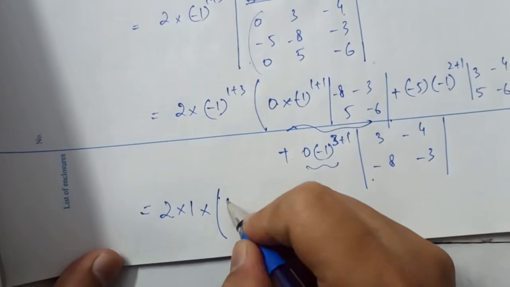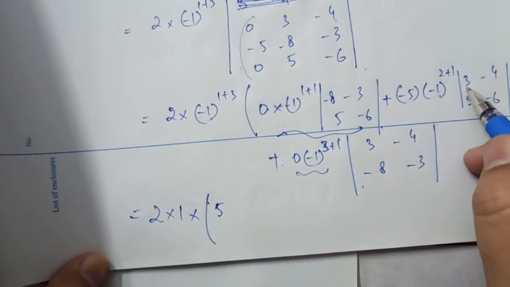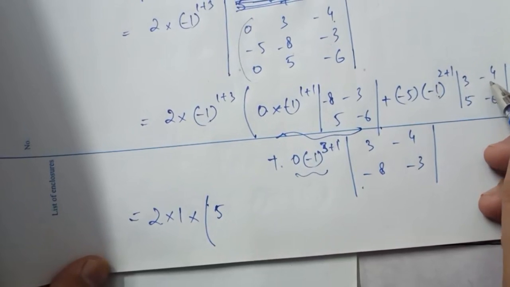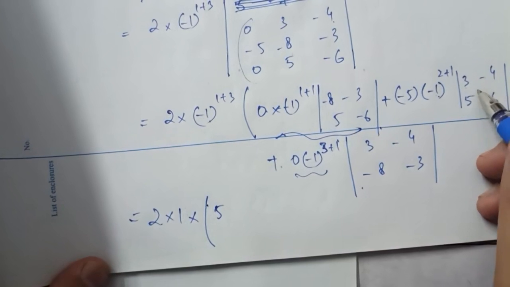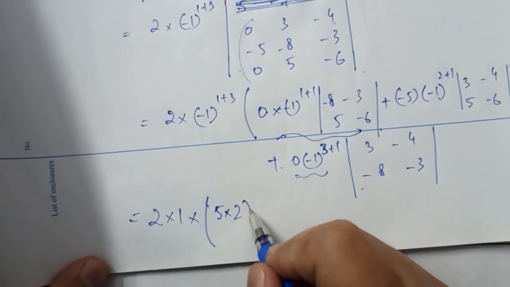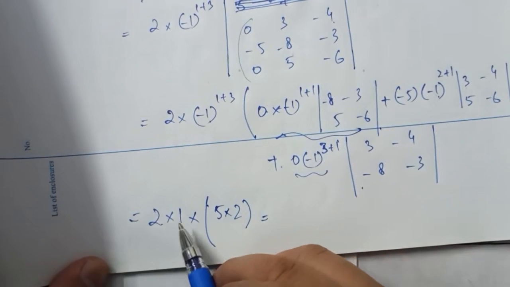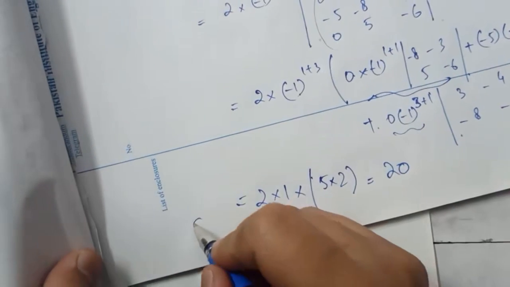So again this is 5 times, so 6 minus 6 times 3 is minus 18, and 5 times minus 4 is minus 20, so minus 18, and there's a minus sign between, so minus and minus becomes plus. So minus 18 plus 20, you get the answer 2. So actually your answer is now 5 into 2 is 10, 10 into 1 is 10, 10 into 2 is 20. So this is the determinant of A is